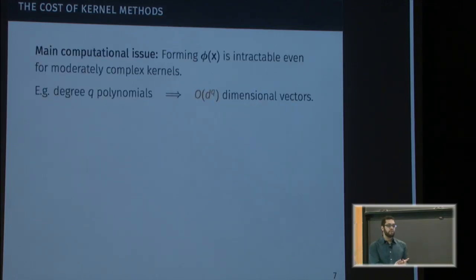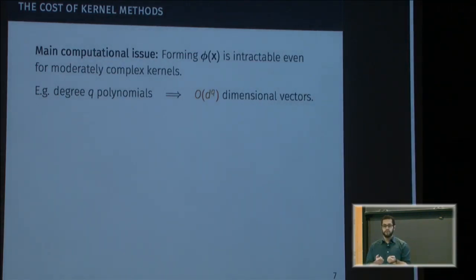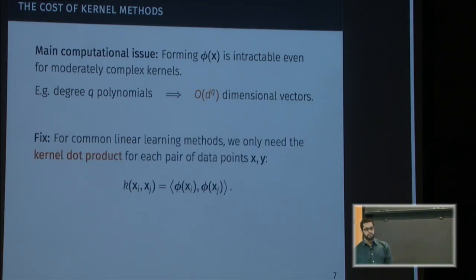The computational issue is that if we actually want to do this reduction explicitly, so say we're trying to learn functions of q-degree polynomials, we get a massive blow up in the size of the feature vectors. Naively, if we start with d features, and then we want all q-degree monomials in the features, we get d to the q dimensions. So computationally, this is a problem. It makes it almost impossible to run kernel methods with explicit feature expansion if we want to do any sort of